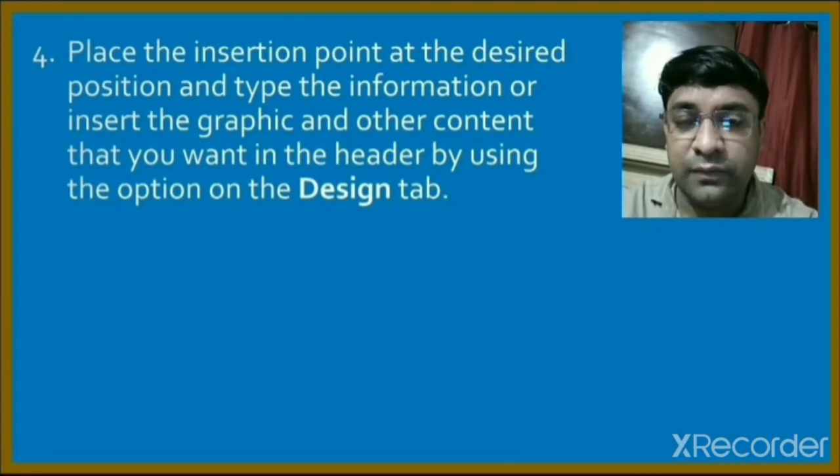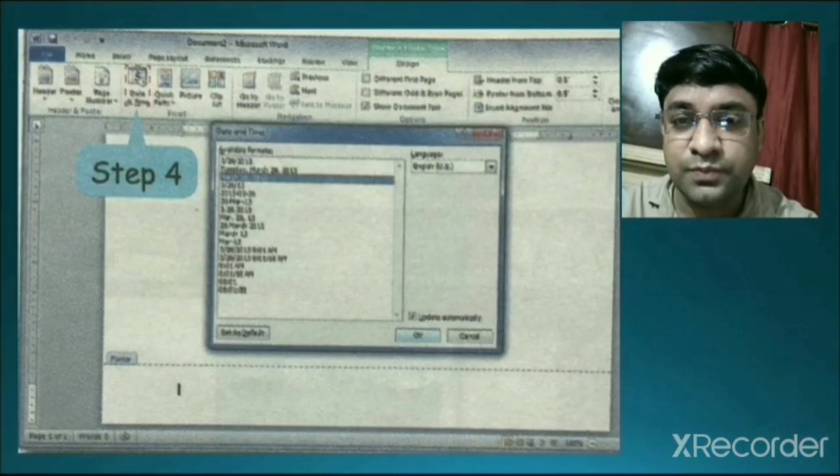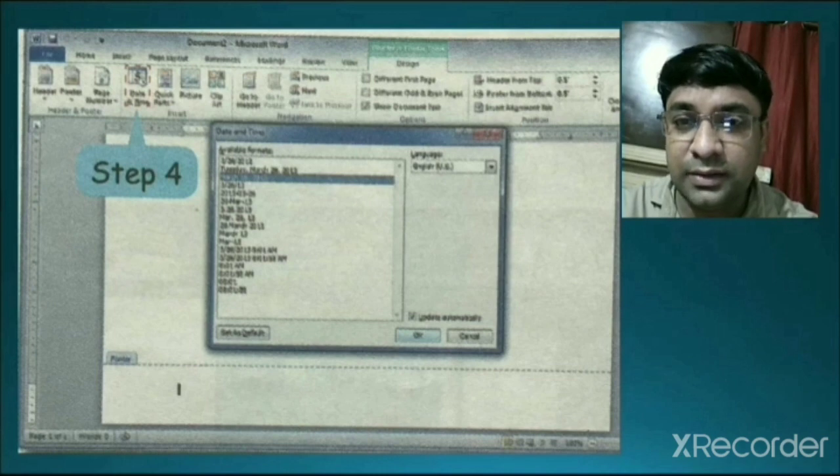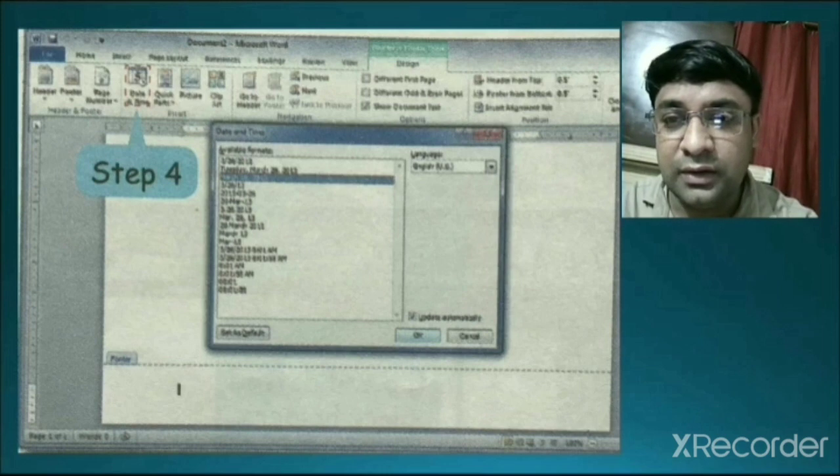Now fourth step is place the insertion point at the desired position and type the information or insert the graphic and other content that you want in the header by using the options on the Design tab. So you can insert more than one item in a custom header or footer. In this example, we are taking a footer with date.